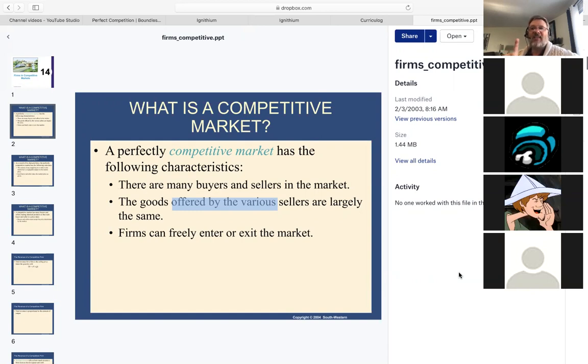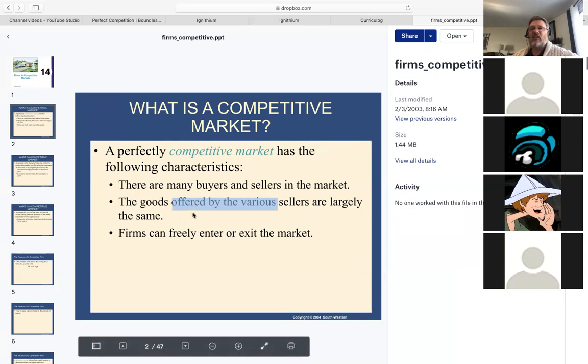But within the class of Honeycrisp apples, they're all good substitutes for one another, right? I mean, you don't look and say, oh, this has to be the Honeycrisp from this particular farmer in this particular state. They're all the same breed of apple, so they're good substitutes. So the point here is when we say that the goods offered are largely the same,